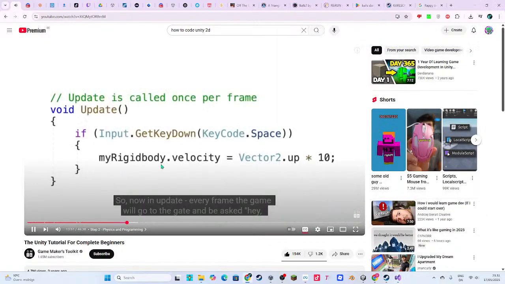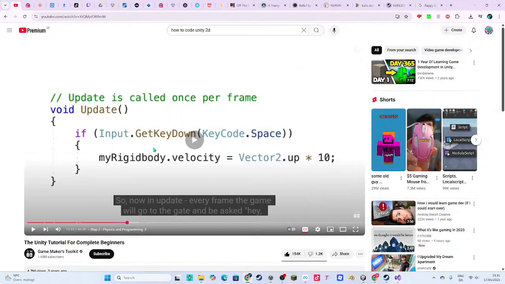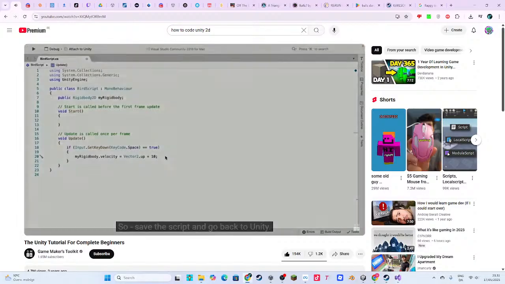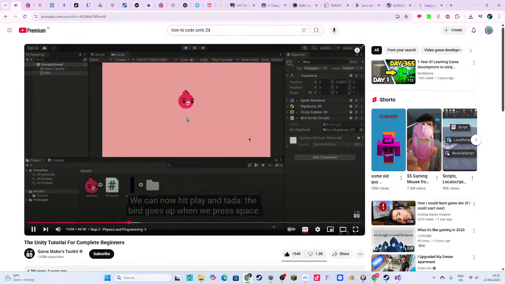In update, every frame the game will go to the gate and be asked, "Hey, has the spacebar just been pressed?" If yes, the code will fire and the bird will flap. If not, it will skip the code in the curly brackets and try again next frame. So, save the script and go back to Unity. We can now hit play and, ta-da, the bird goes up when